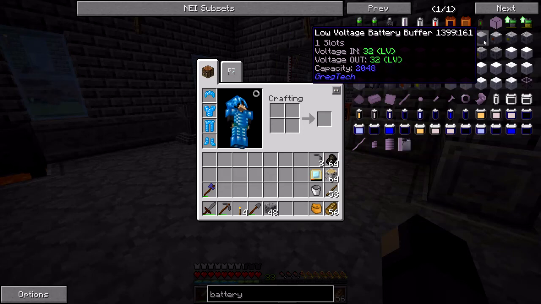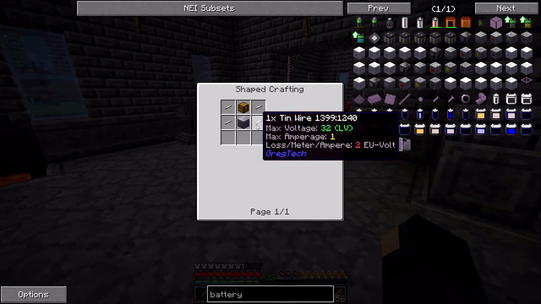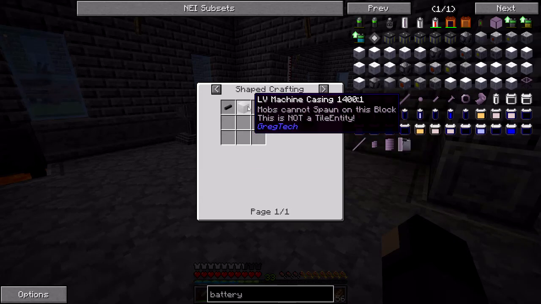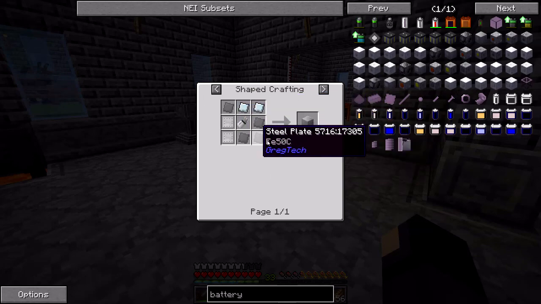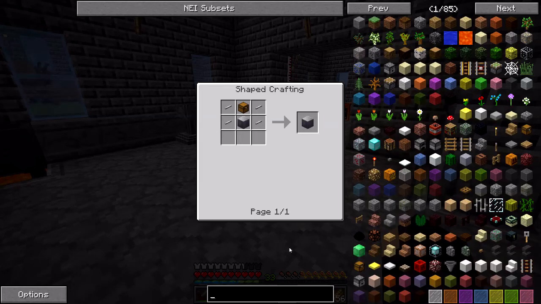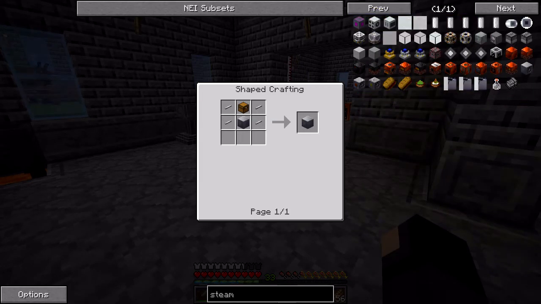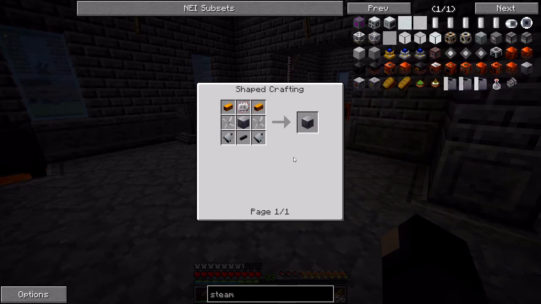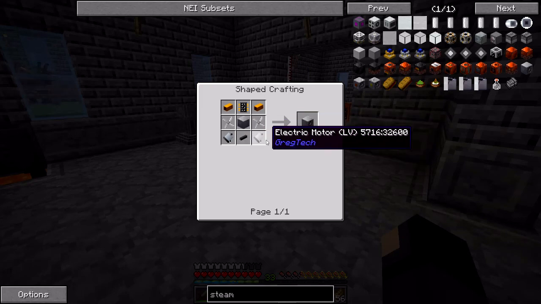So we could have a low voltage battery buffer here, and this requires some tin. Well, actually, that looks like it's just mostly tin. Oh, well, this requires steel. So tin and steel for that, and to produce EUs, we need a... What was it? Steam turbine? I believe either of those are correct, but every time I say it, I'm like, what do I normally say? I don't know. So let's see, we need tin, steel,